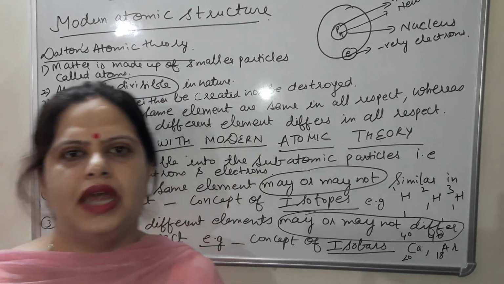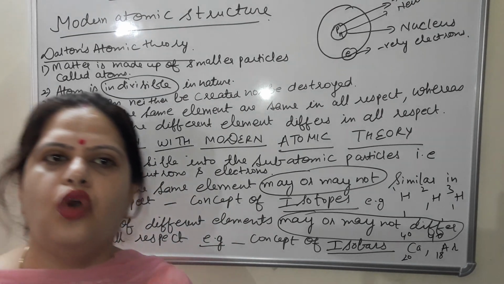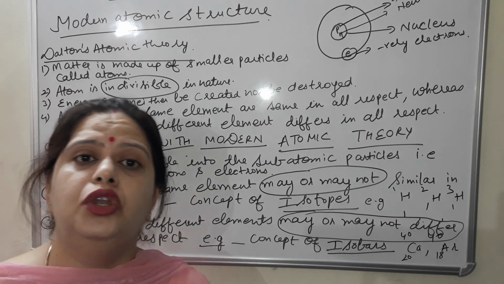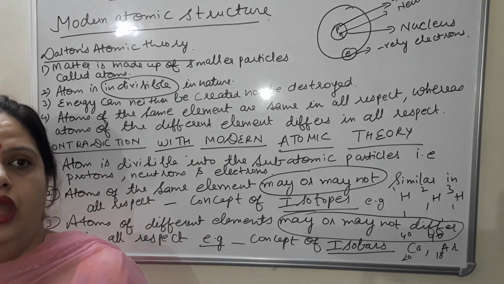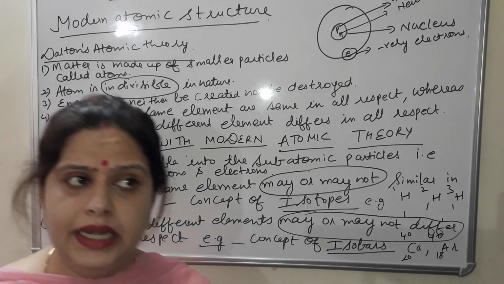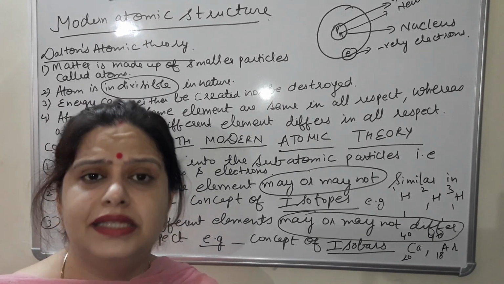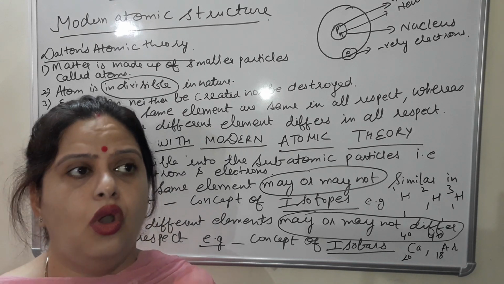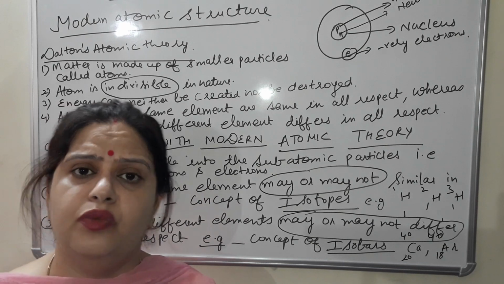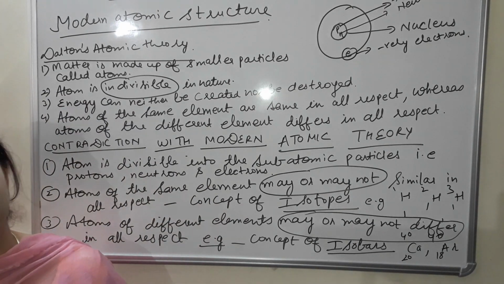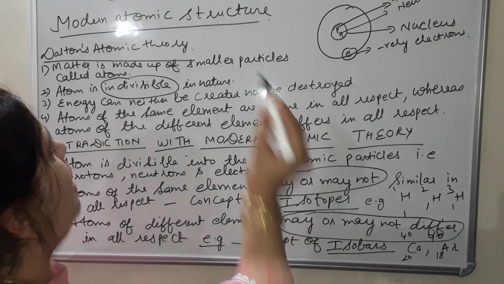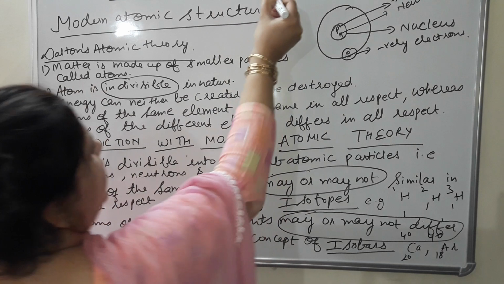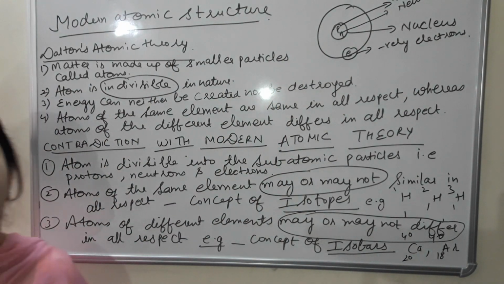So today I am going to start chapter 4, that is atomic structure. This is the basic chapter of chemistry which includes the structure of atom, Dalton's atomic theory, modern atomic theory, atomic number, mass number, how the discovery of proton, electron, neutron occurred. So all these things, electronic configuration, valency, everything we will discuss in this chapter. So the name of the chapter is atomic structure. It means structure of the atom that we have to study in this chapter.